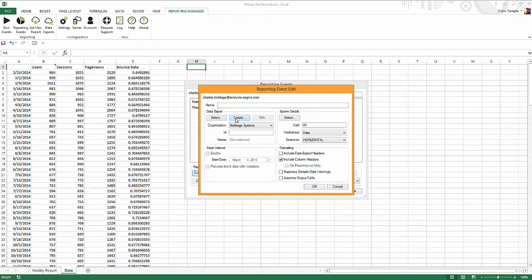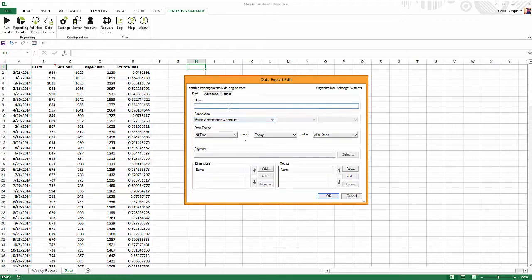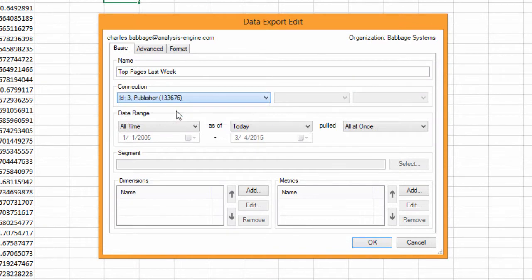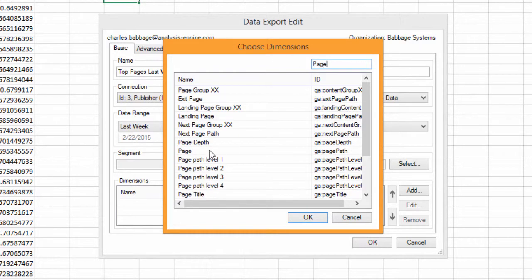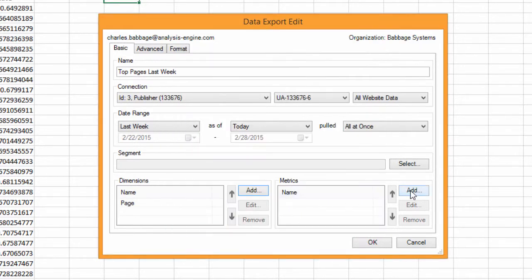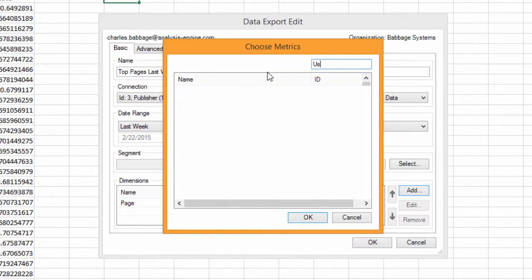In this case, I'm also going to create a new data export. And I'm going to call it my top pages last week data export. I'm going to choose the same connection, web property, and view. And again, I'm going to choose to pull data from last week, as of today, all at once. I don't need a segment, but in this case, I am going to choose a dimension, which will be page. And then I'm going to choose my same set of metrics,